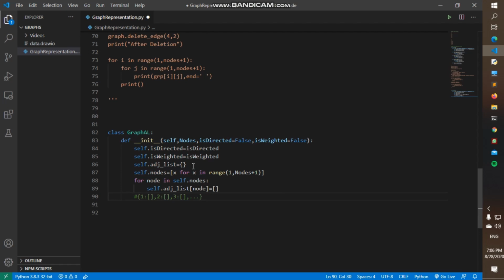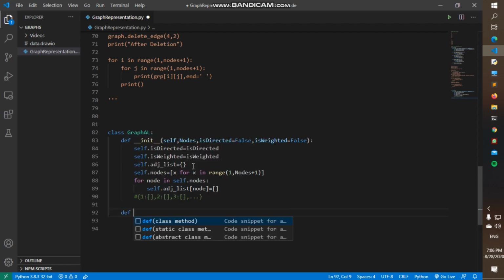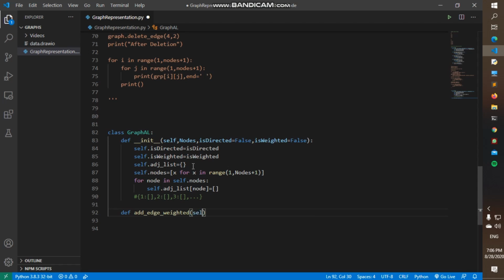So yeah, this will be our list, and as we give values it will be appended to this. Okay, now we will again make a function for add edge weighted. If it's a weighted thing, then self, comma, x, comma, y, and now we will add to this dictionary. Okay, so self dot adjacent list of the key x,